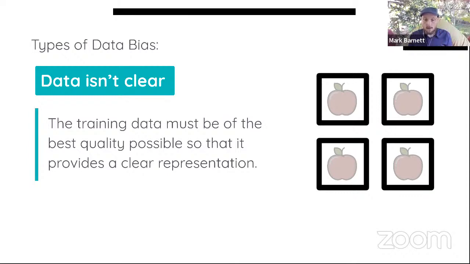So, if I take a picture of an apple and in the background there's a red truck, the machine learning tool could start to pick up on that red truck. Because there are those hidden layers where the machine learning tool is comparing and contrasting the pixel values of the images. Sometimes it picks up on the wrong shade of red, and it starts to think, oh, we're trying to learn what a red truck is. So we need to make sure that the data is clear and it's a good representation of that class, so it can identify clearly what you intended it to recognize.